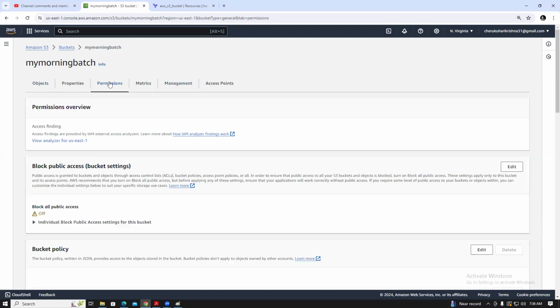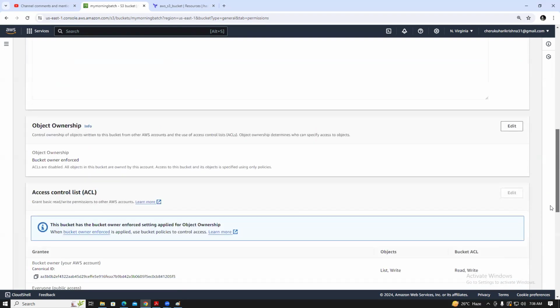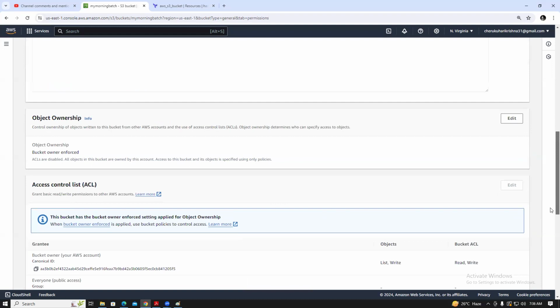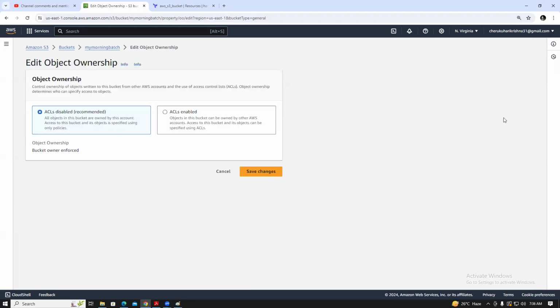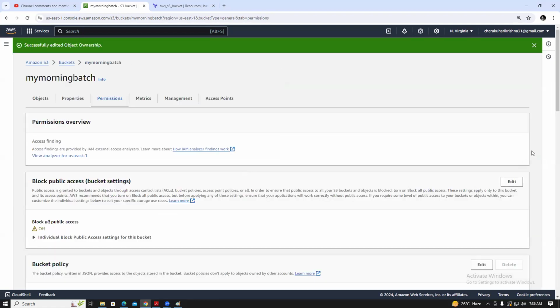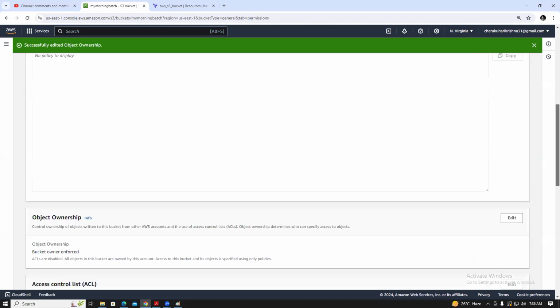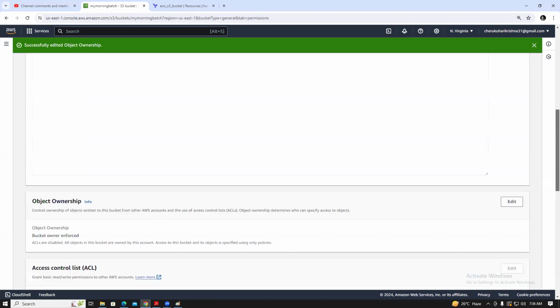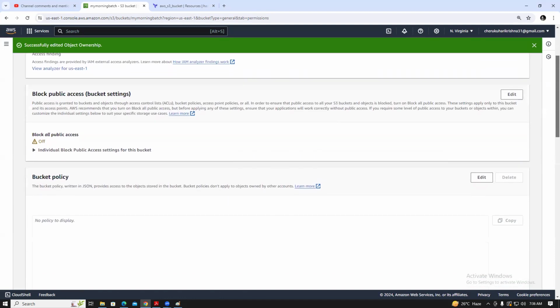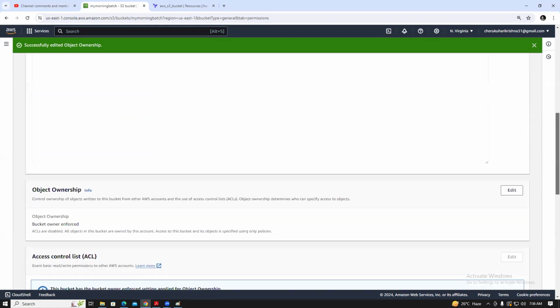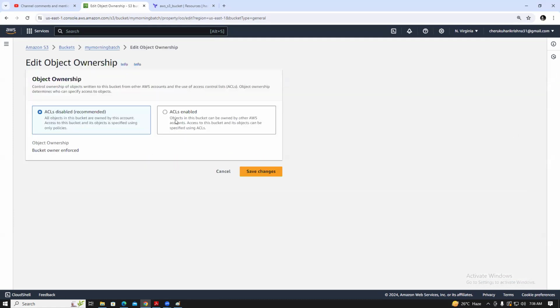So we need to set the permissions for the bucket. Permissions overview, block public access, so allowing everything, and then bucket policy and object ownership. So as of now, I'm disabling the block, so everyone can enable it. And if you enable the public access, if you enable the ownership,